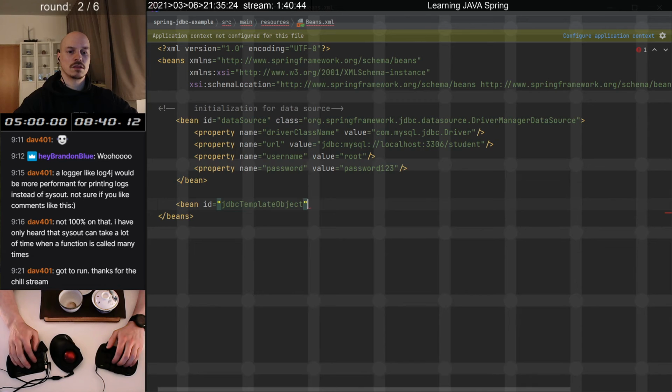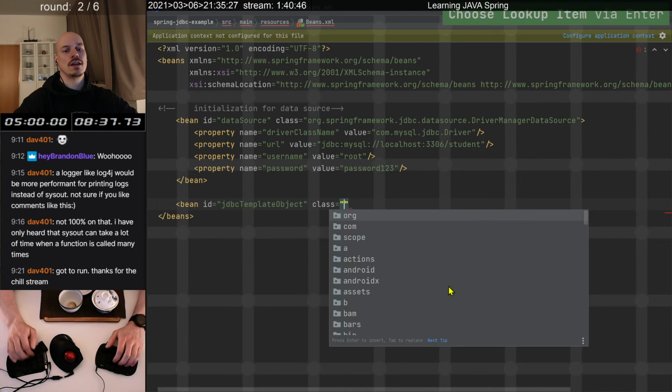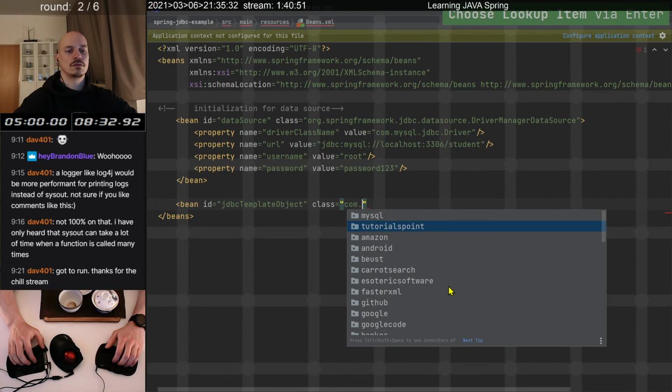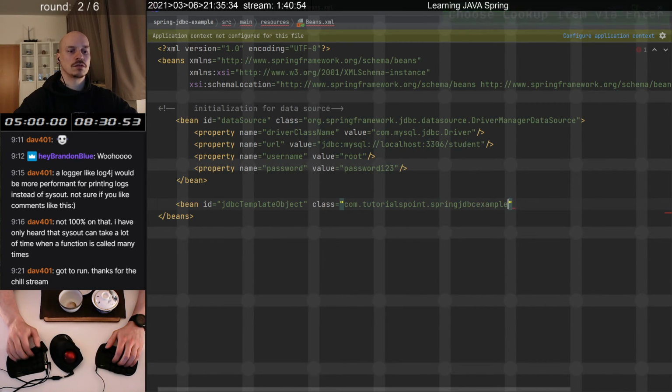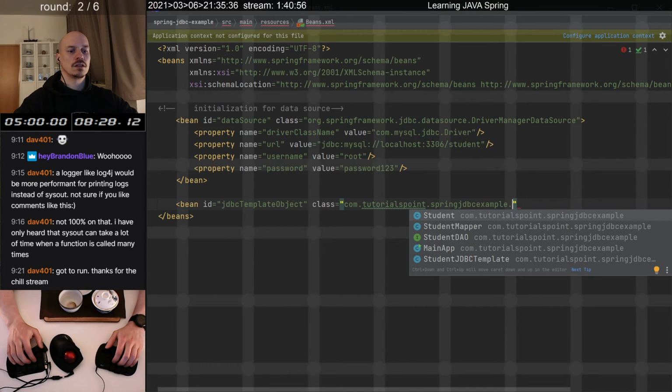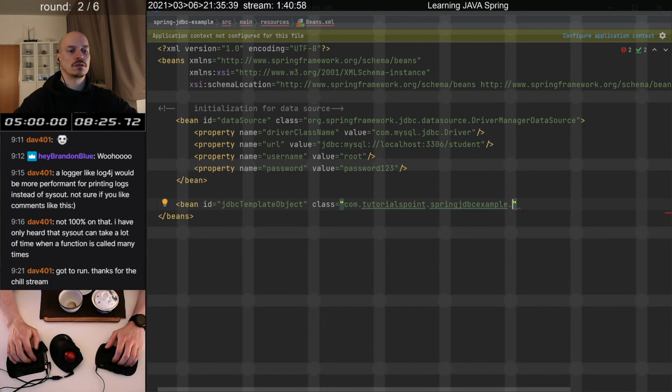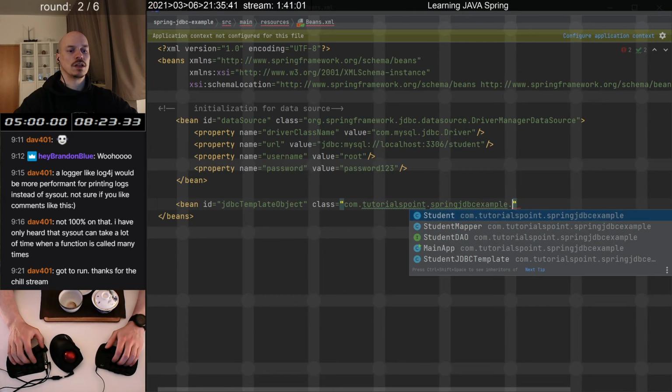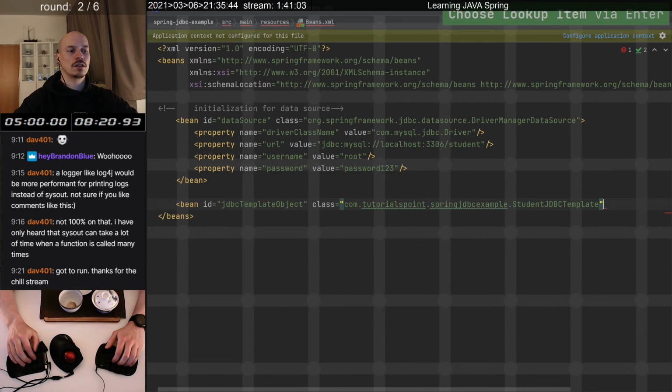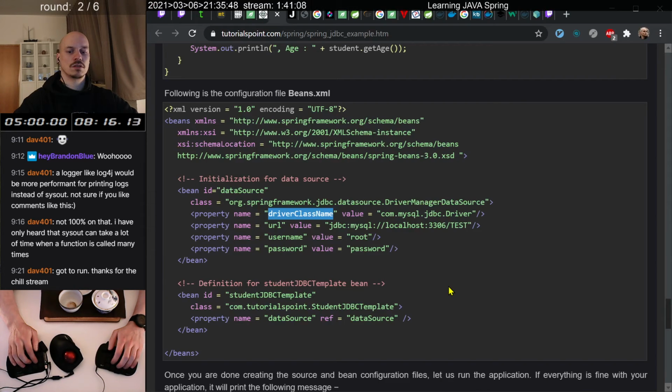Insert class. It is com dot tutorials point dot and JDBC. Oh, come on. It's the last one. Okay. Do we want to inject something? I don't think we want to inject in there. Oh, we do. The data source. Oh, so we input the data source in the... Oh, okay. And that's using the